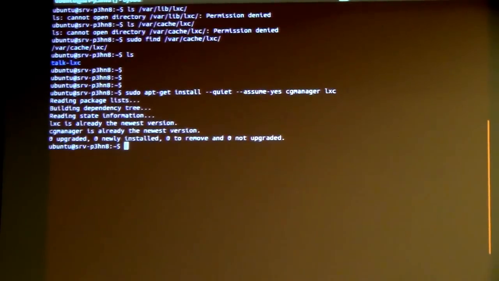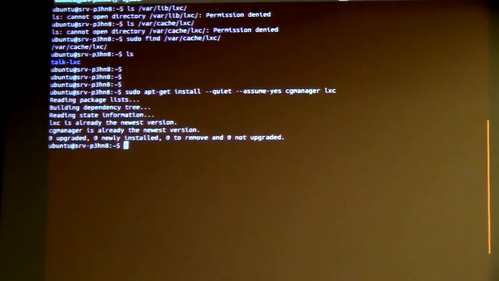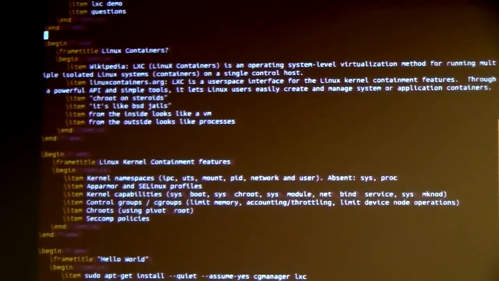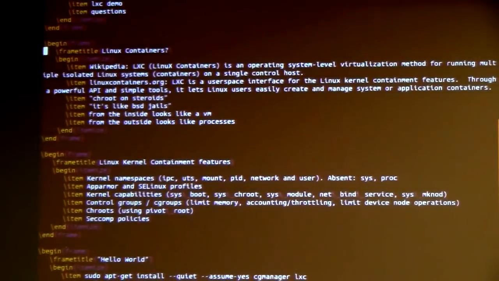So essentially you have to install LXC and you have to add CG Manager for the namespace stuff, which, again, we'll get to, but that's new, and so it's not all just wonderful yet. So you have to install that, and then the first thing we'll do is